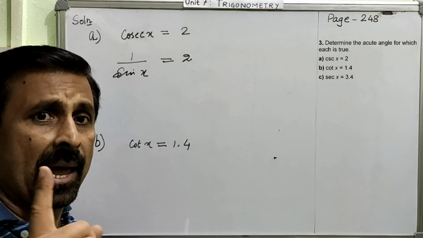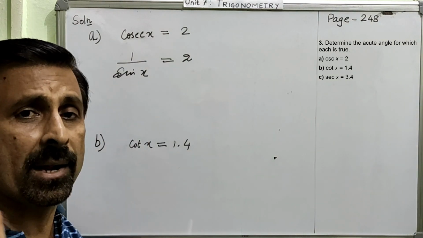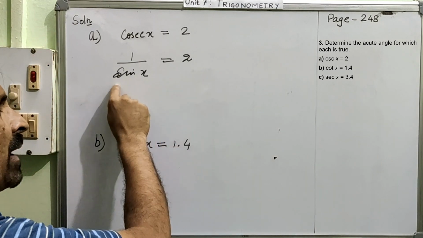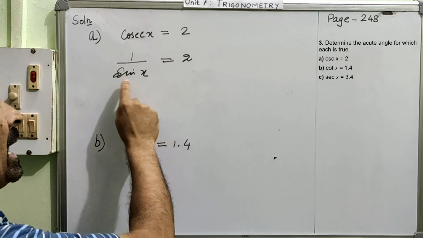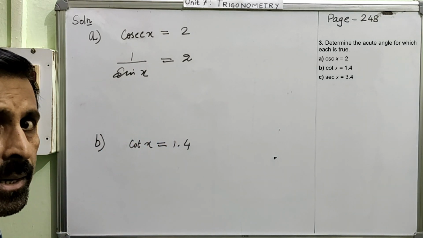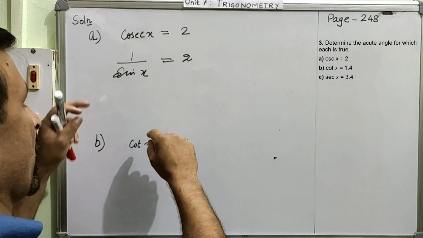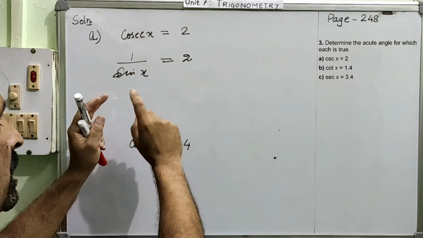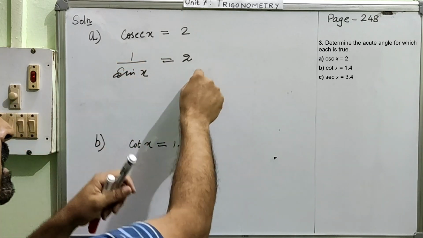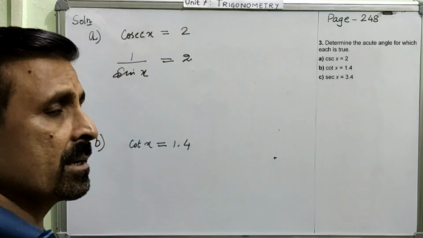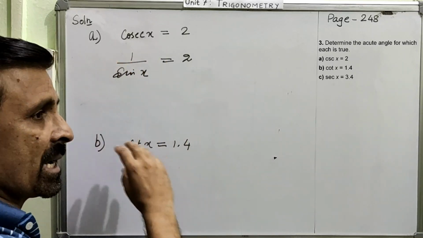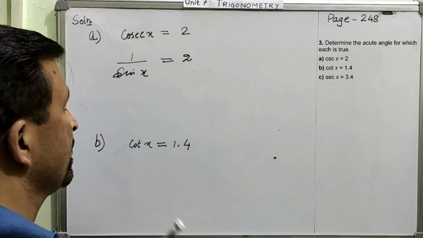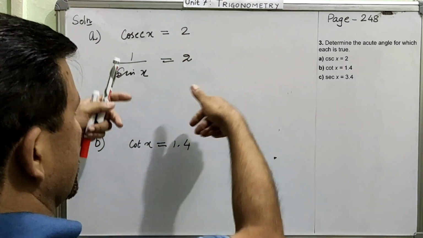Remember here we have to find the angle. We are doing all this to find the angle. Now this sin x, whose value we can find out, has gone in the denominator. Is it okay or not? So in this case now what we can do is we can flip it. We can turn it upside down. Now if you are turning the left hand side upside down, that means the right hand side also has to be turned upside down. You cannot just turn one side upside down. If you are making a change, you have to make the change on both sides. Clear? So here I am going to turn both sides upside down.